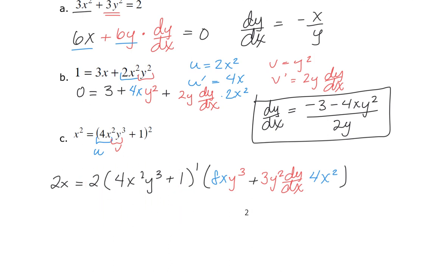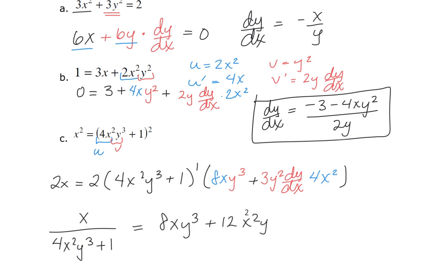When I do that, I'm just going to get x by itself because this 2 and this 2 will cancel in the numerator and denominator. In the denominator, I'm also going to get a 4x squared y cubed plus 1, all raised to the power of 1. This is then going to be equal to 8xy cubed plus 12x squared y